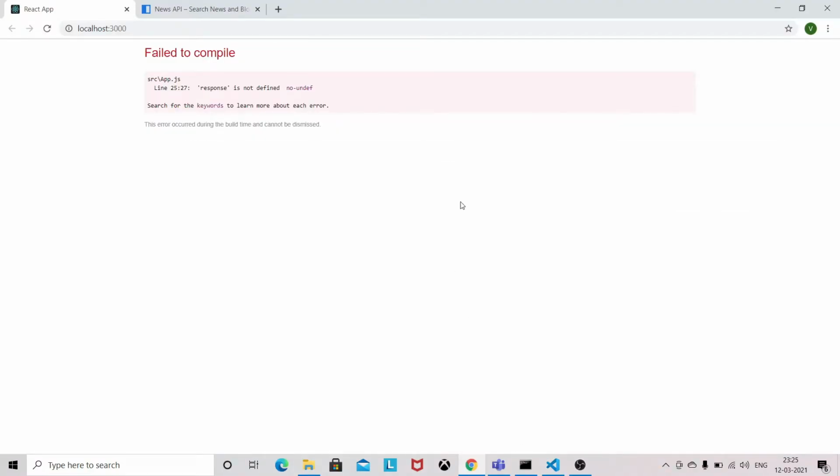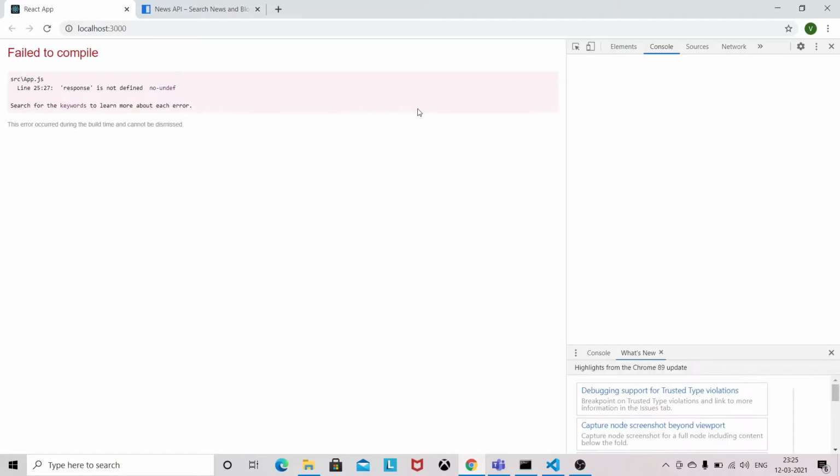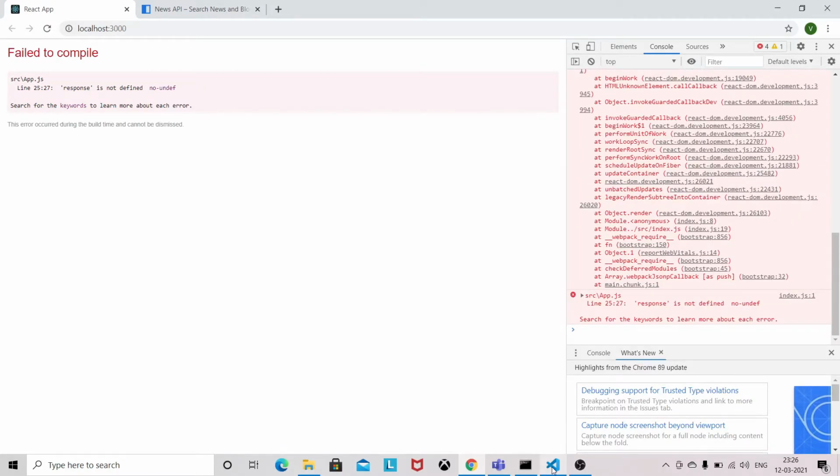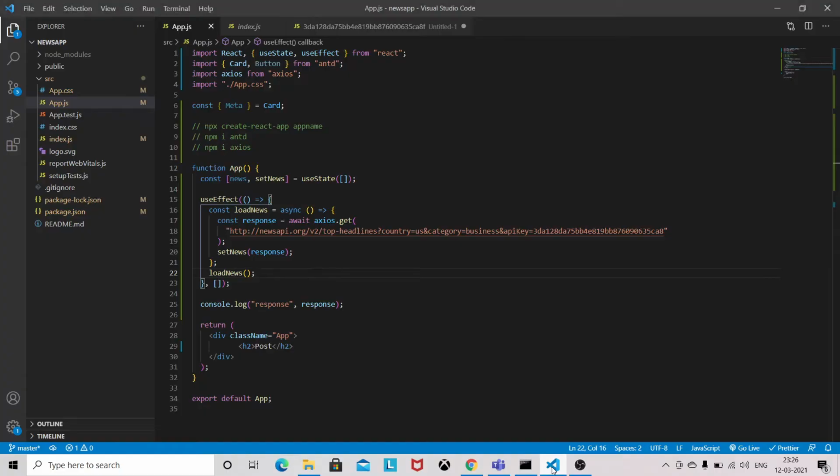Now let's see. Okay, response is not defined. Why is it saying response is not defined? Okay, sorry, by mistake it will be news, not response.